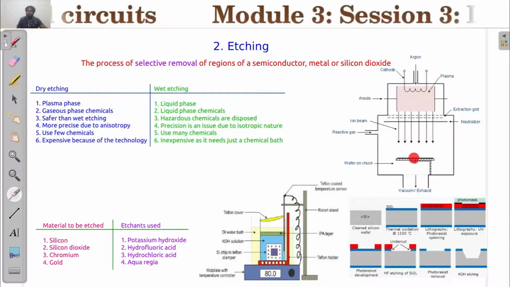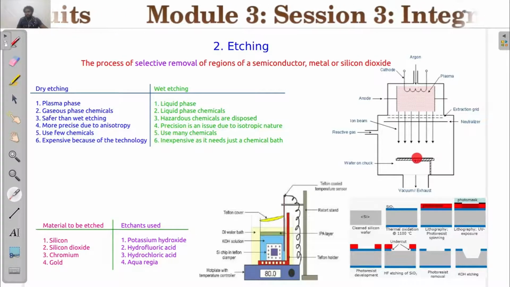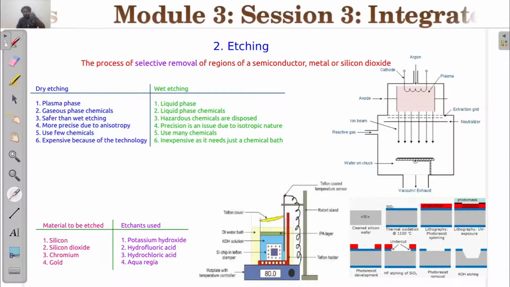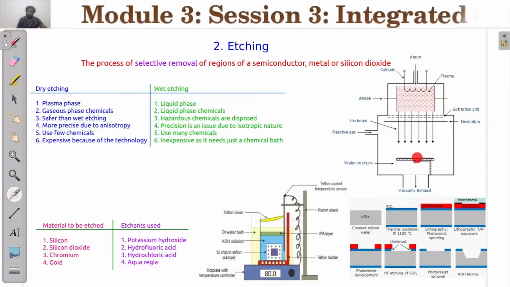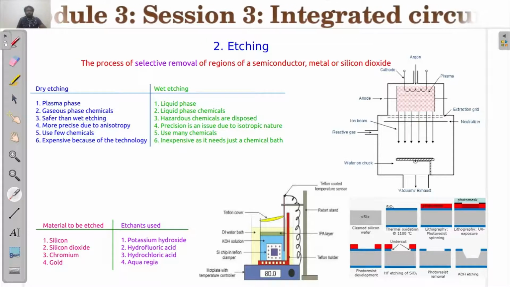So these ions can give their kinetic energy to the underlying layer, and it can knock off the atoms from the structure. So that is how you will be etching.